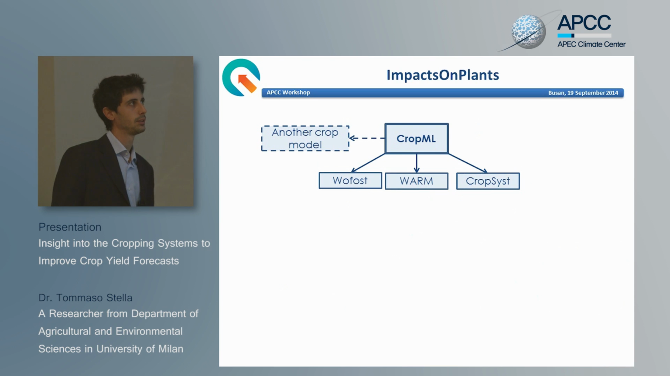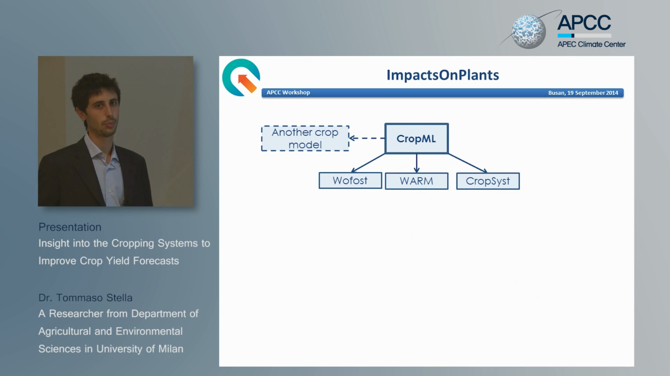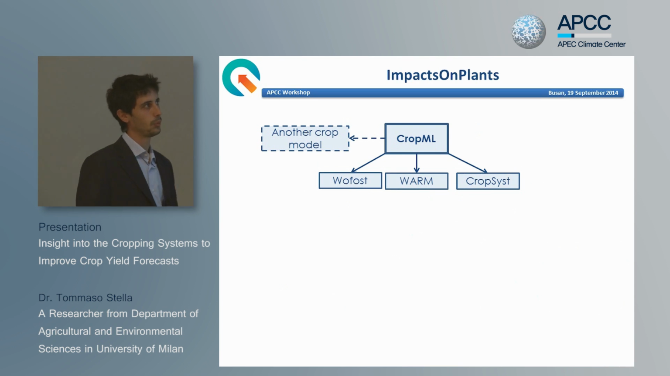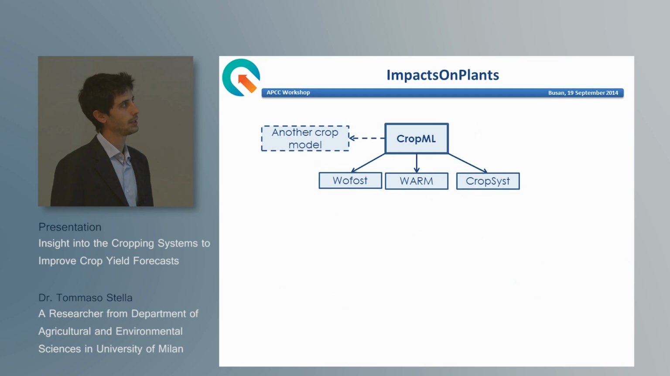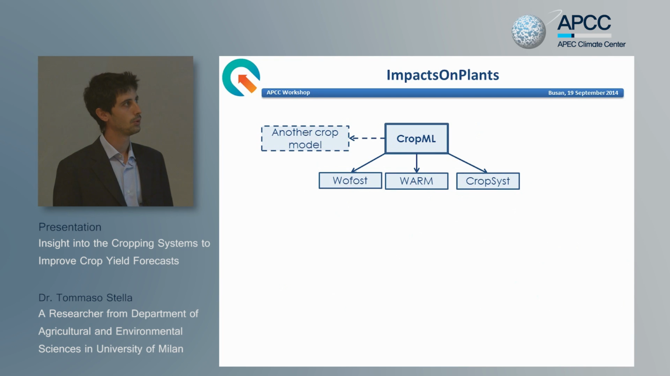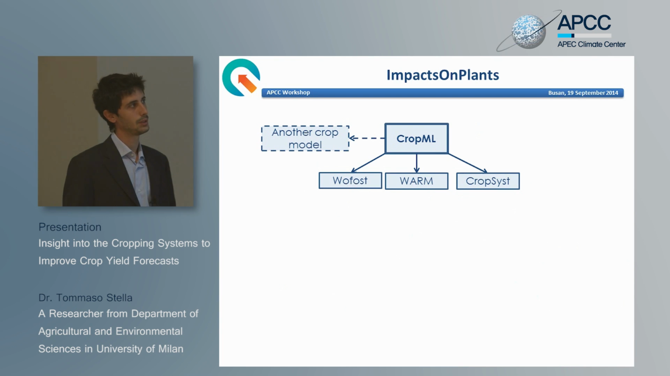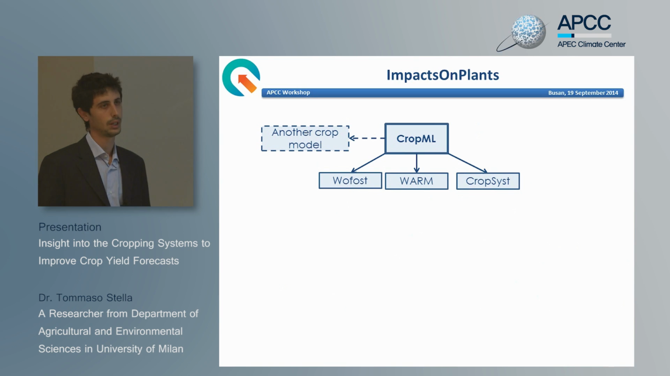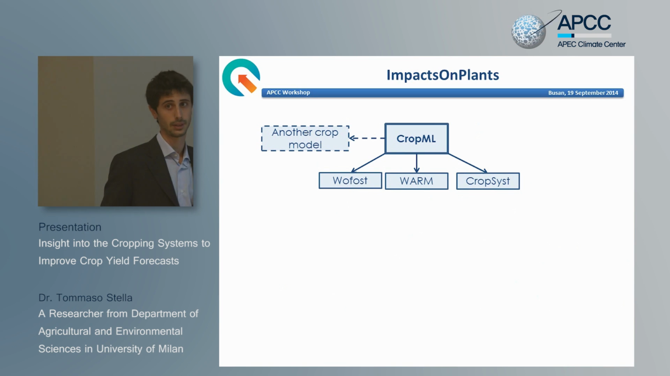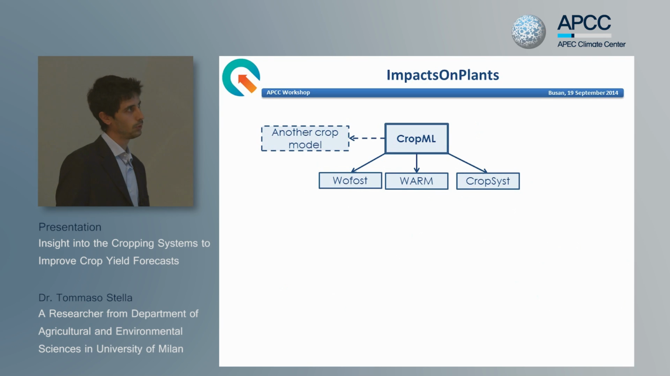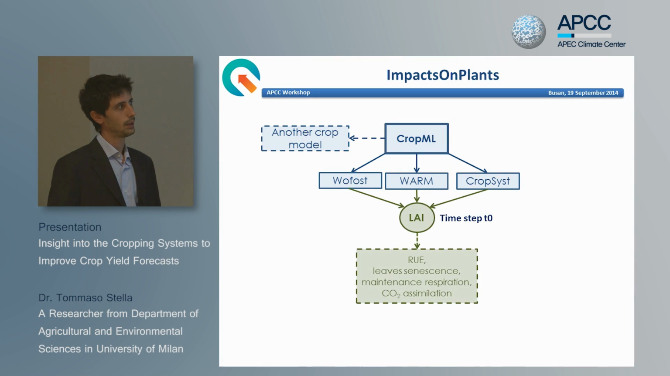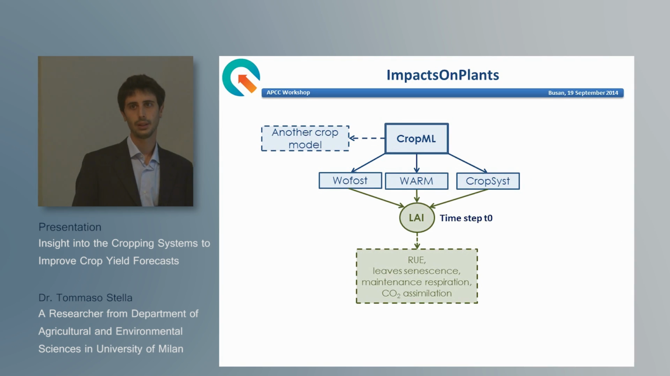And it can be linked to a number of crop models, for example, crop models based on CO2 assimilation, like in the case of WOFOST, or also crop models based on radiation use efficiency, like WARM and CropSyst. And these are the 3 models we have already seen within CropML, for example. And all of these models produce a key synthetic variable, the leaf area index,